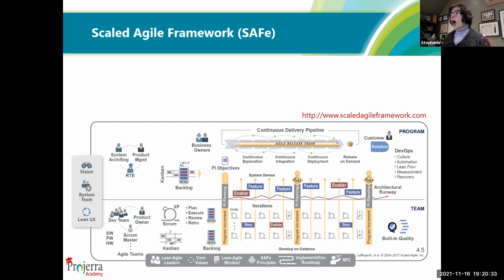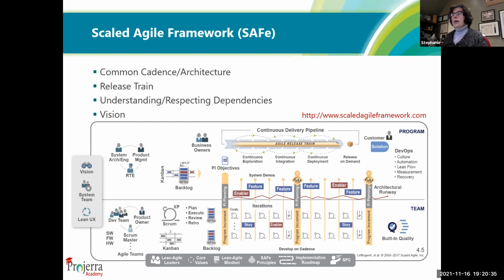Now, taking this up a level, I forgot about this. There's a common cadence, which we've spoken about, and it is essential that the team has a common architecture. You need to be using the same underlying components. And I think that's the key element that distinguishes one release train cycle versus another release train.